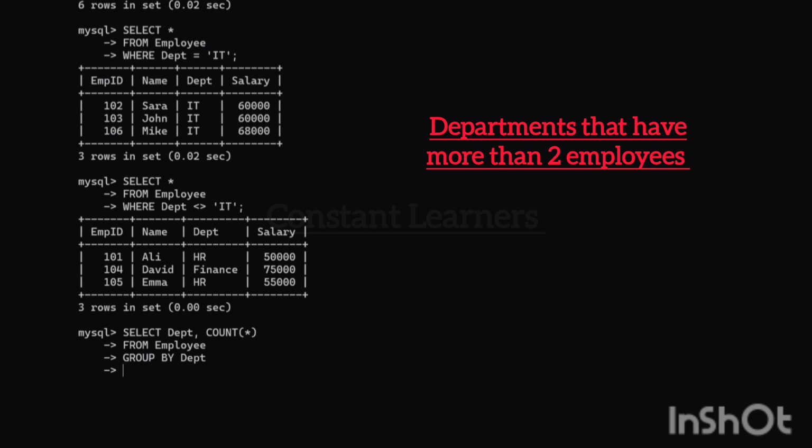Now whenever there is group by, it is an aggregate function. So we cannot use the where clause to mention our condition. We have to use having count. Okay. Having count. Now we know that wherever there are more than 2 employees in a particular department, we have to mention the department in the output. If the count is greater than 2, then that department should be present in the output. Alright. So the condition will be having count greater than 2 because we want all the departments where the total employees working are greater than 2. Alright. So this is our output.